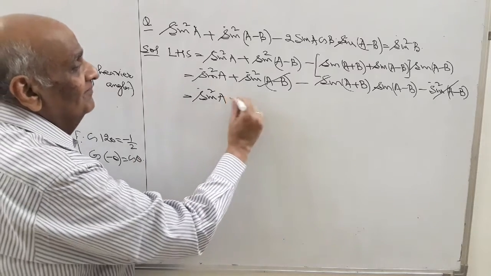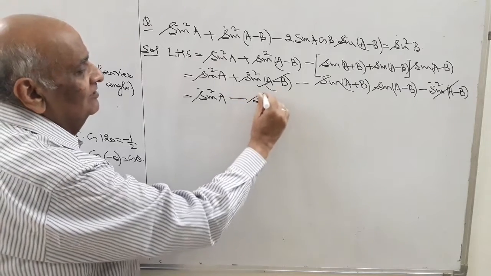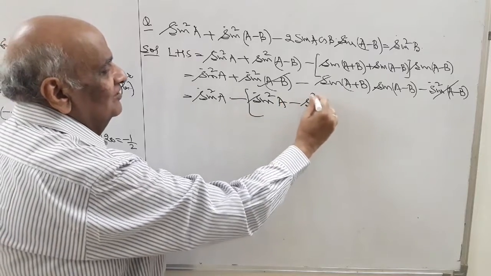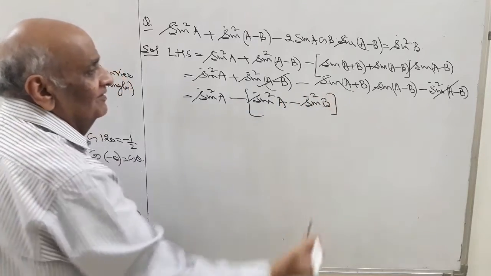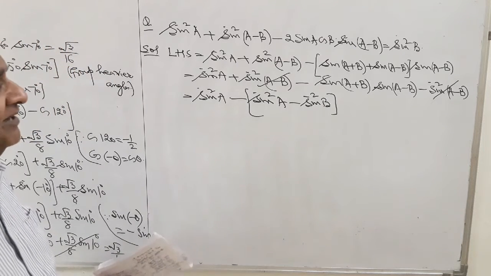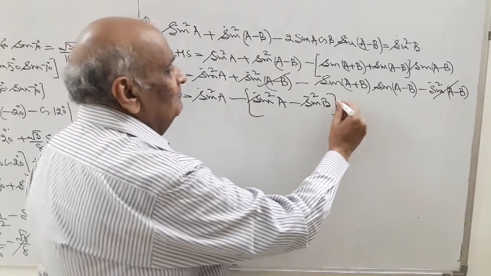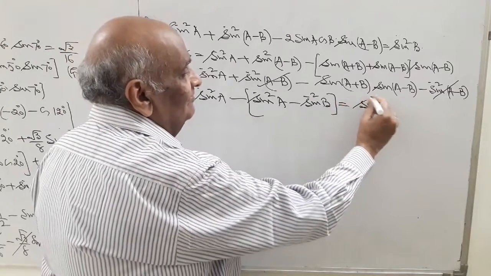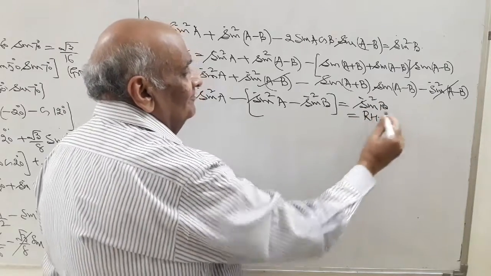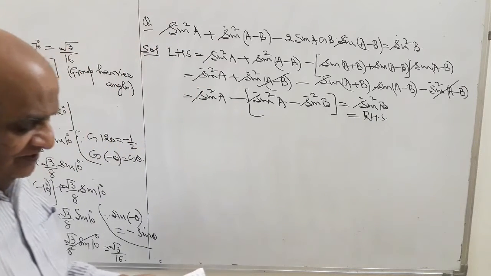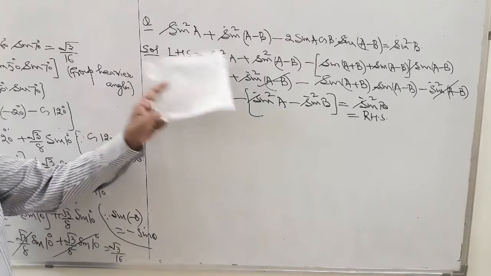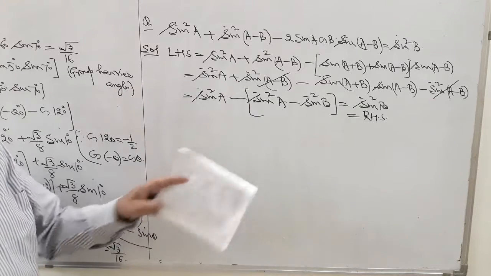It is minus of sine square A minus sine square B. See, sin A plus B into sin A minus B is sin square A minus sin square B. When you open the bracket and simplify, this will be just equal to sin square B, that is the right hand side of the question. Check out. But the question is very important. Here is the application of AB, A plus B, A minus B.